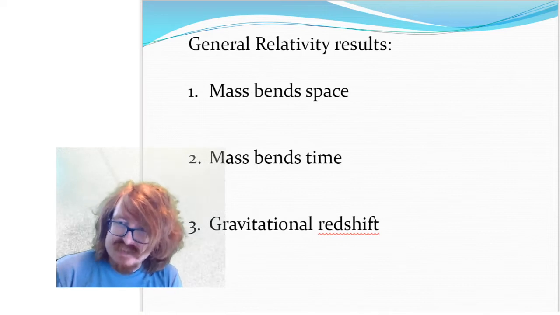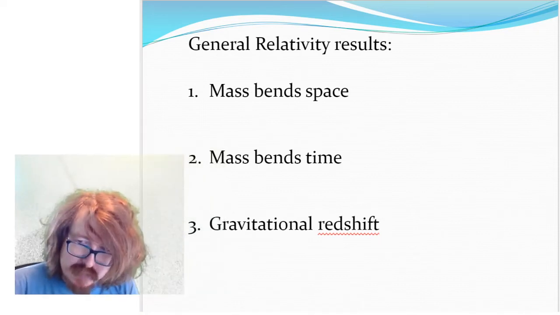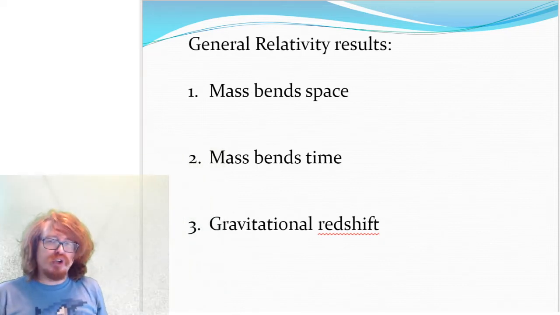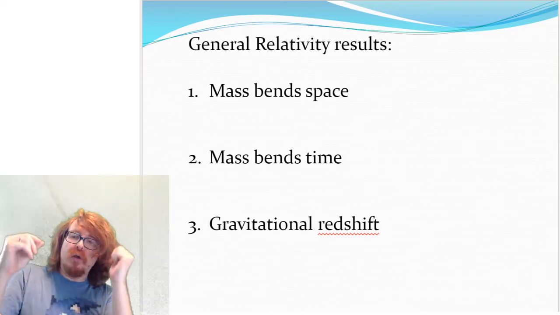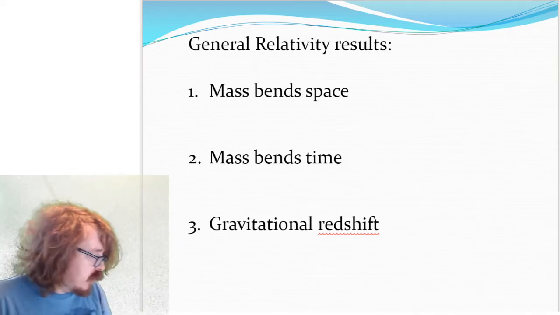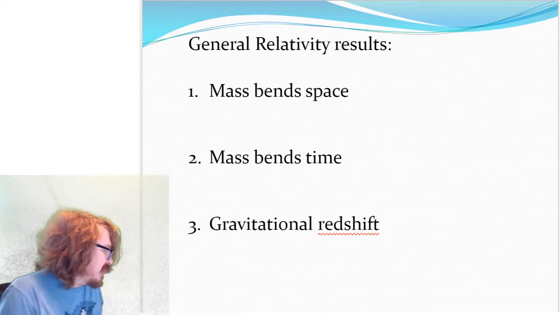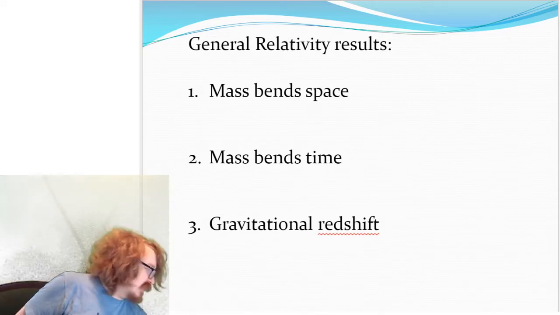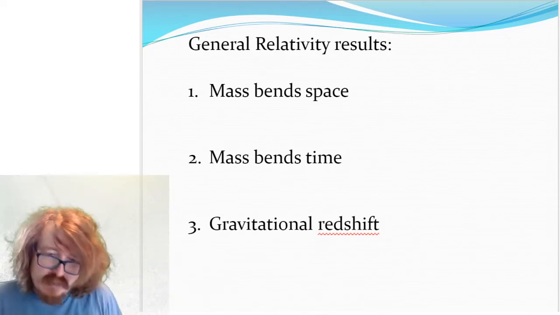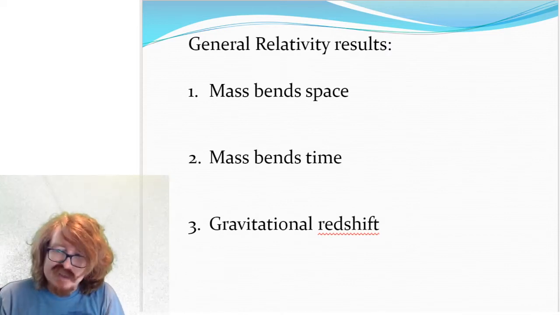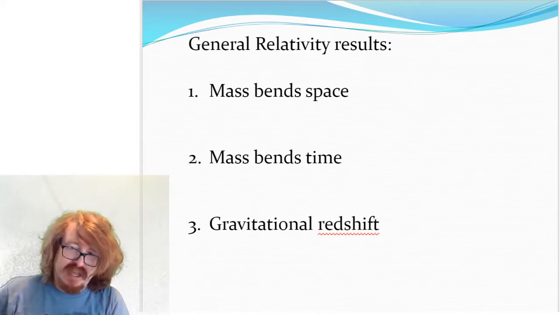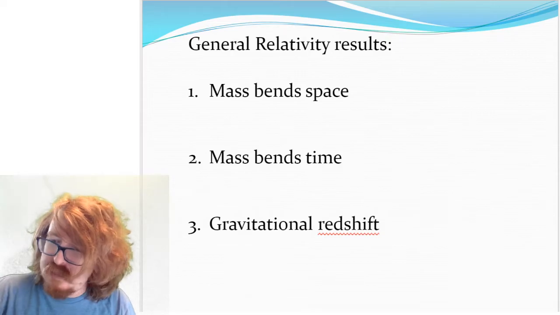Okay, so let's apply everything that we've learned to the black hole situation. We want to know what happens to somebody if they were to fall into a black hole. And once we put all of this together, then we'll be done talking about this. So, here we go. Let's put it all together.